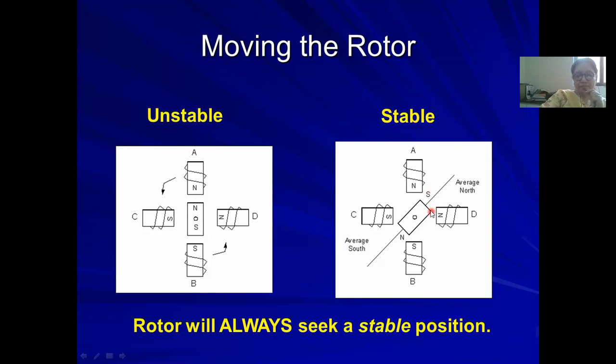Here we see, here is a south polarity of the rotor and this is a north polarity. So the resultant position of the rotor is aligned in this direction, because this north and this north will be equally attracting the rotor. So the rotor will be stable in this direction.